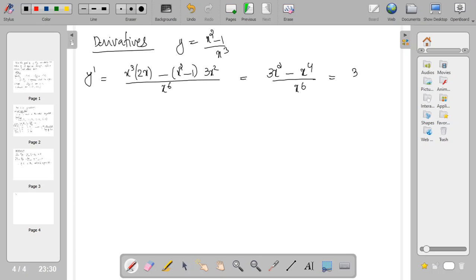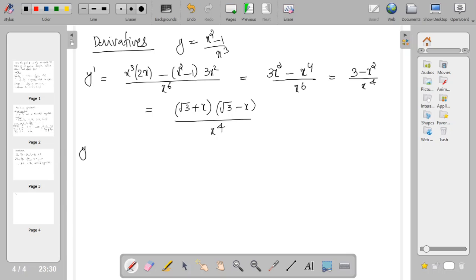So that is (3 minus x squared) by x raised to 4. So you can write it as (root 3 plus x) into (root 3 minus x) by x raised to 4,